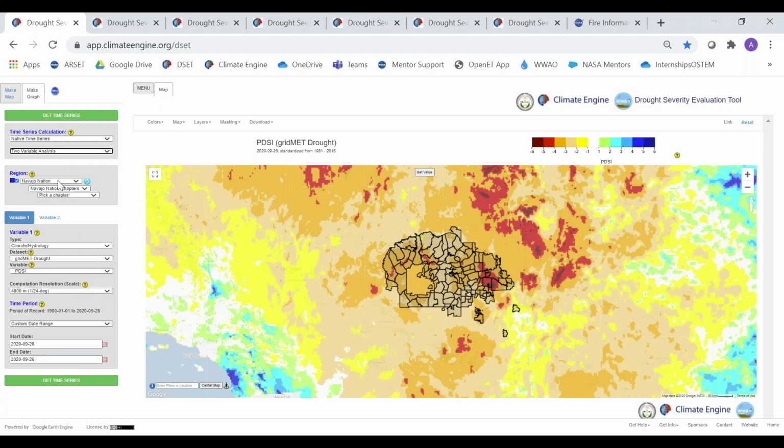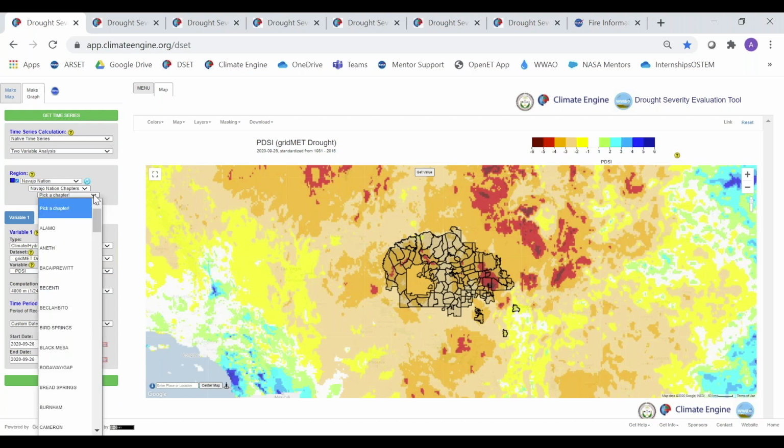And now here you can see that you have the option to select different regions, like the Navajo Nation chapters. So those are the 110 chapters, sort of like US counties shown here. And you can actually pick a specific chapter. So we are interested in the Saleh Wheat Fields chapter. So we're going to scroll all the way down here to